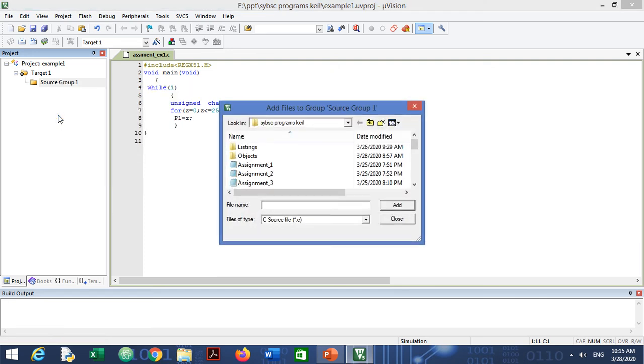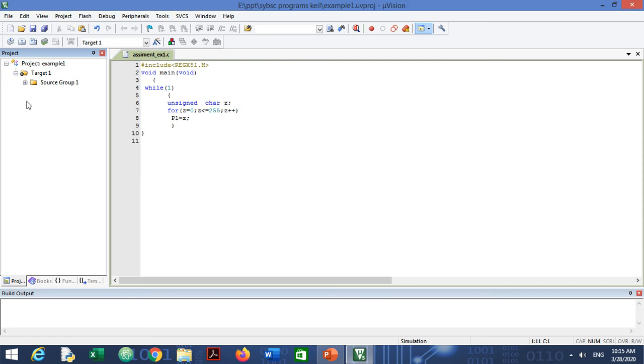So click on this and it will give you the list of all the files. Now we have to search for our file, and my file is assignment_ex.1. We have to select this file and click on add and close it. Now here you can see that there is a plus sign. If you click on this plus sign, you can see that your .c file has been added to